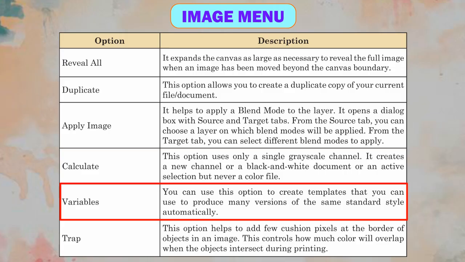You can use this option to create templates that you can use to produce many versions of the same standard style automatically. Option Trap. Description. This option helps to add few cushion pixels at the border of objects in an image. This controls how much color will overlap when the objects intersect during printing.